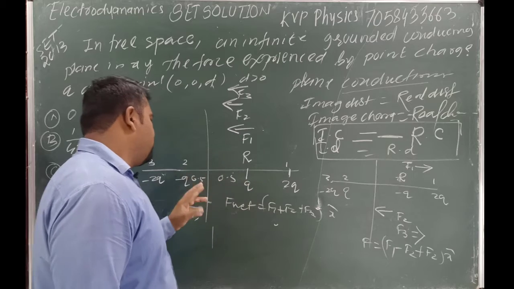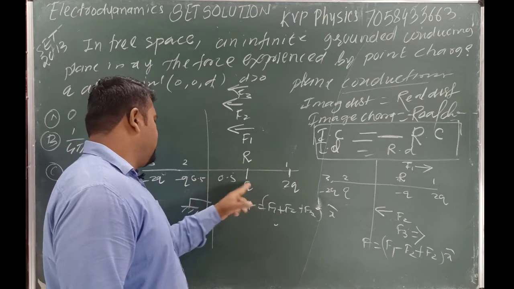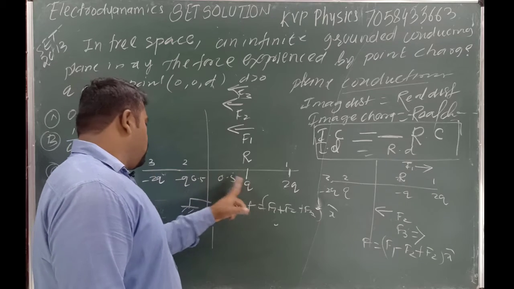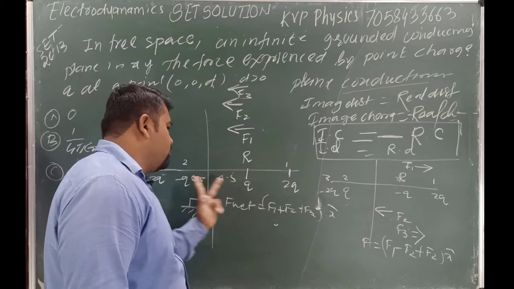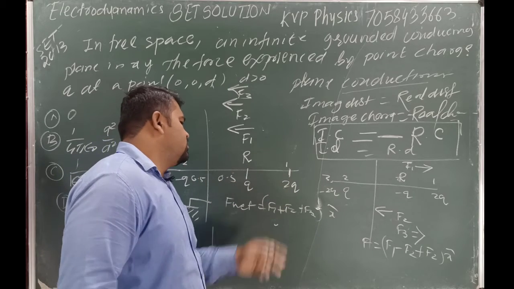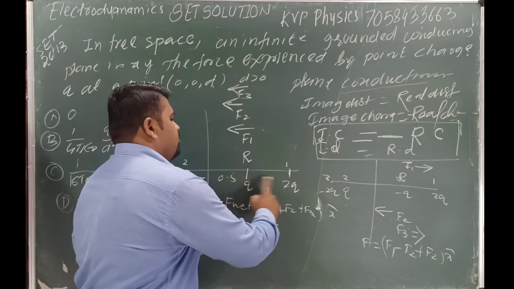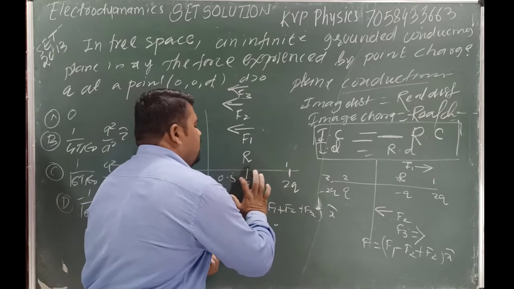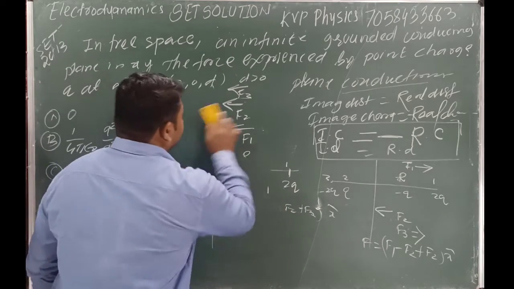Again, we can find out these forces. F is equal to k q q upon the distance between them, 1. Next, k q 2q upon the distance, here 1.5 plus 0.5, that is 2, squared. Here suppose the distance is 1 between this one, so the distance between them is 1. Then k q 2q upon 1 square. Got it? Now come to the point.